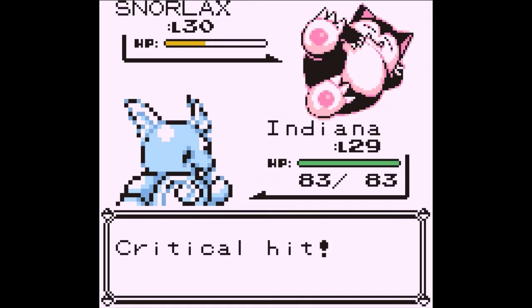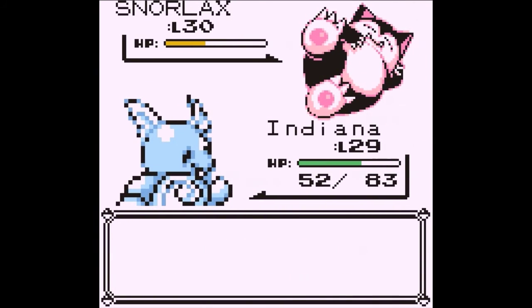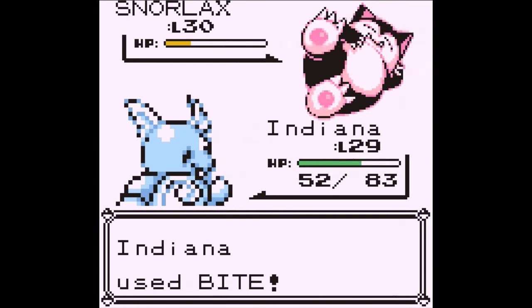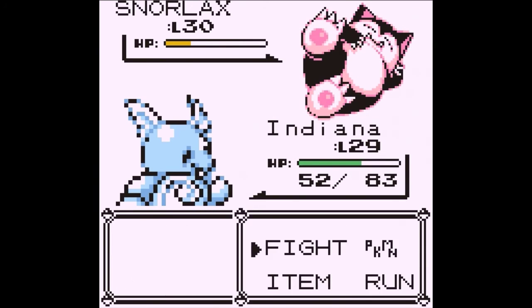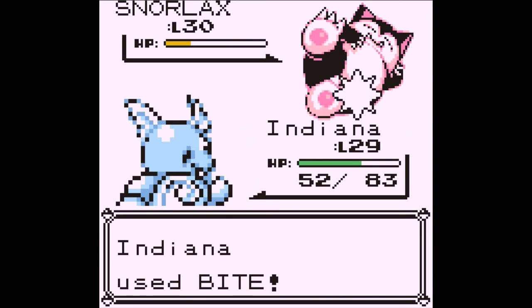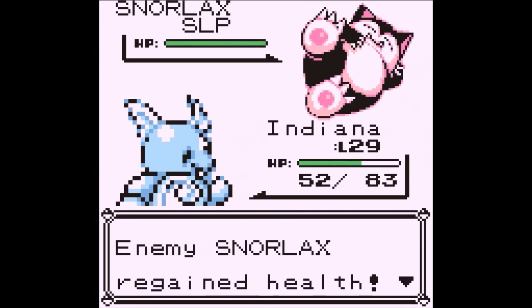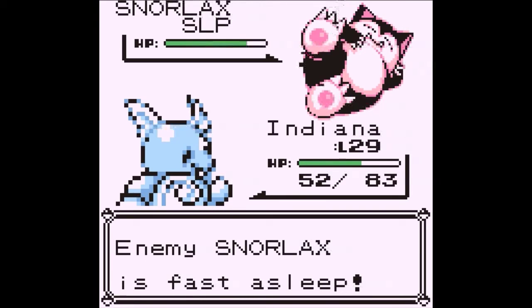Basically, when you raise your stat, you raise it usually by 50%. But Amnesia raises your stat by 2 stages, meaning this Snorlax just doubled its special. Not just its special defense, because in this game, special is both for attack and defense. So this Snorlax just basically got twice as powerful, and here's why Snorlax is annoying. Because it will rest and regain health, and then you have to weaken it all over again, and I'm not going to be able to weaken it enough with those weak...